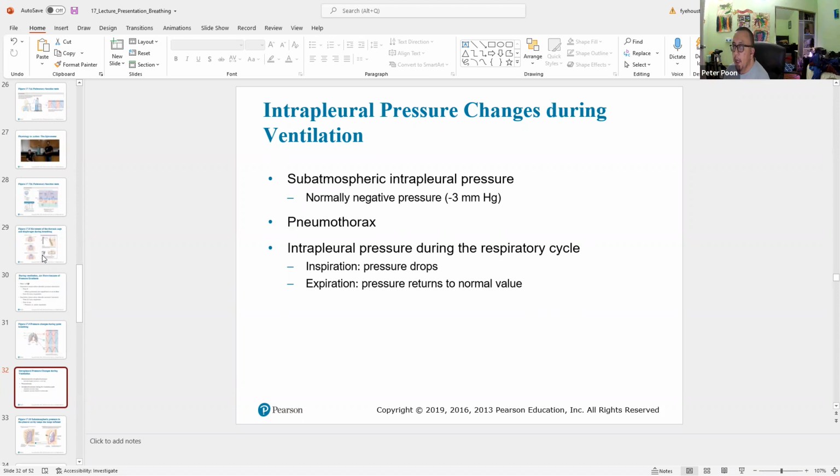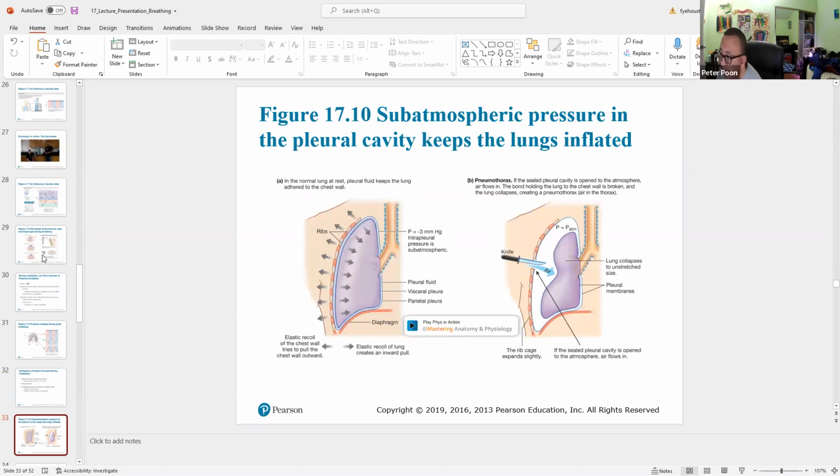So when you get a pneumothorax, this is a pneumothorax, air in the thoracic cavity. They call it air in the lungs, but it's not air in the lungs. It's when you puncture through the thoracic cavity. Then the atmosphere is equal and air will rush in. If you get stabbed like they're showing here, or occasionally you break the clavicle and that punctures your lung. So when it punctures the pleura,